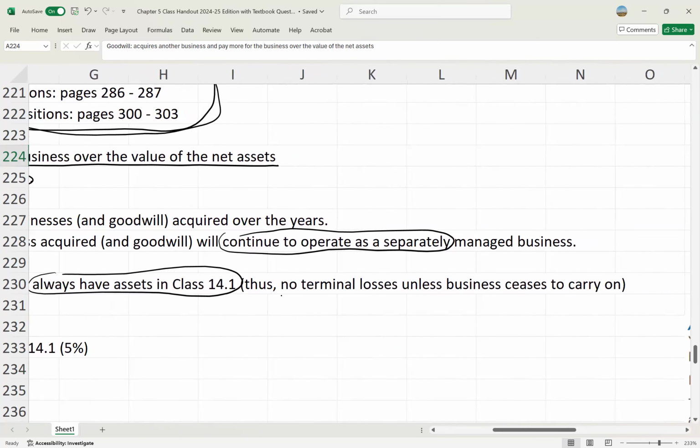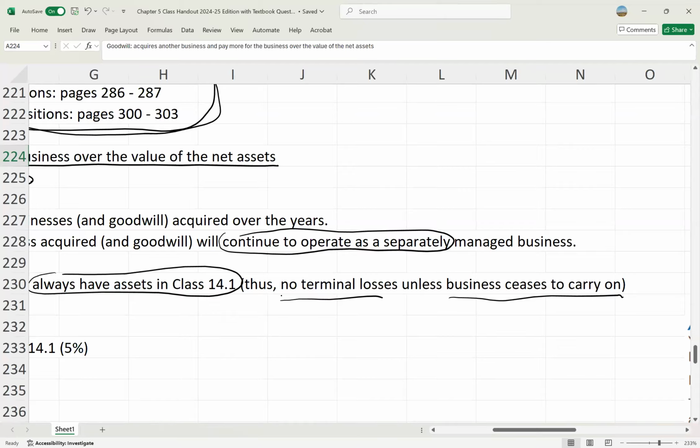So there will never be a terminal loss until the business actually stops operating. So if the business was to stop operating, they sell all their assets, then if there's an amount in class 14.1, it would be considered a terminal loss. But if there's a balance in class 14.1, and let's say they sold their unlimited life intangibles, there would not be a terminal loss. They would just continue taking CCA at 5% every year. And so I